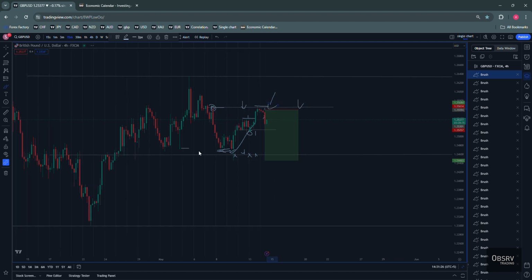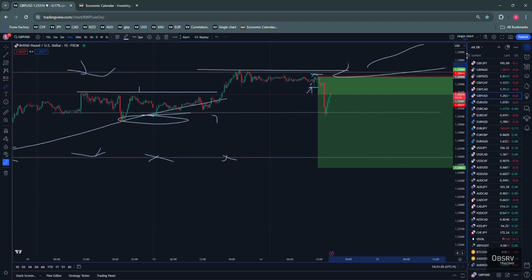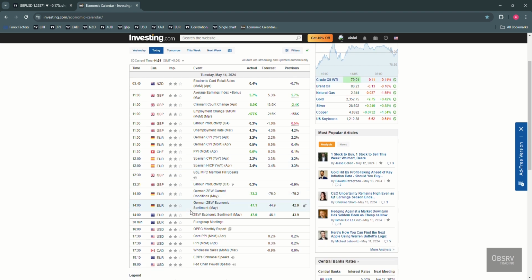And the reason why is because of the pound news at the moment. Dollar is still weak. There's dollar PPI today, and then there's dollar CPI tomorrow. So dollar could pick up pace. Again, I'm not saying that dollar is going to pick up pace. It all depends on what the news comes out as.